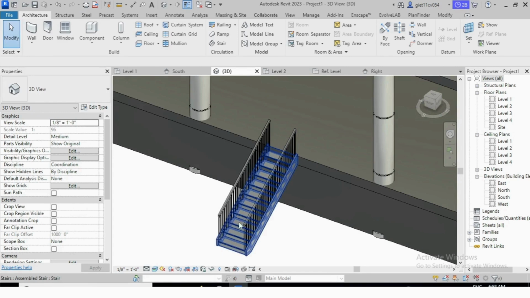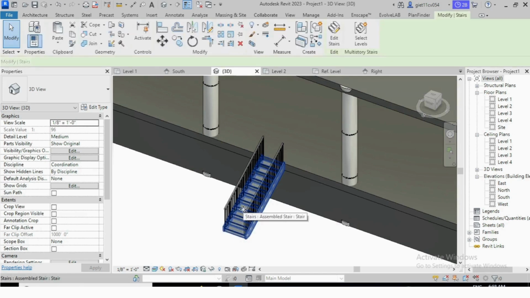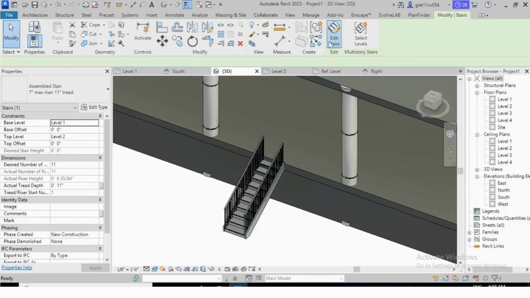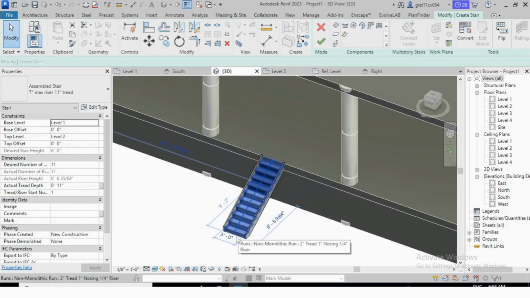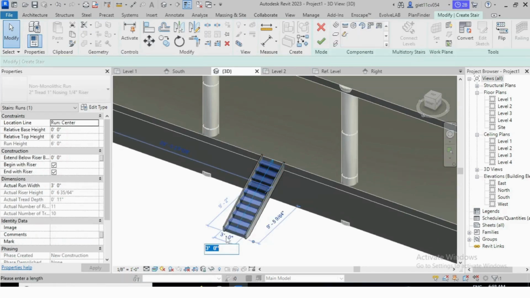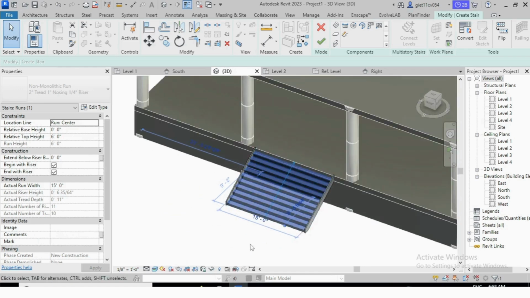So we have to make the stair width wider. So we have to increase the width of the stair. For that, click on the stair and edit stair. Select the stair and make this 15 feet. Enter. This will be okay.